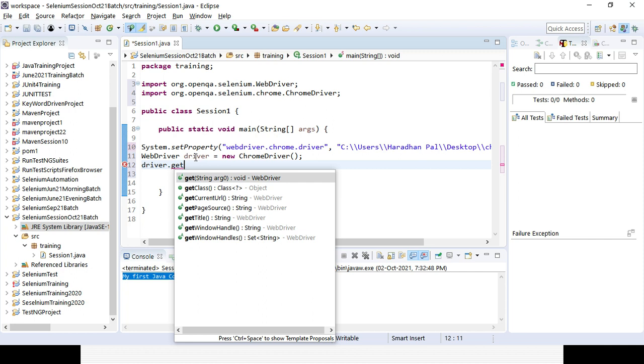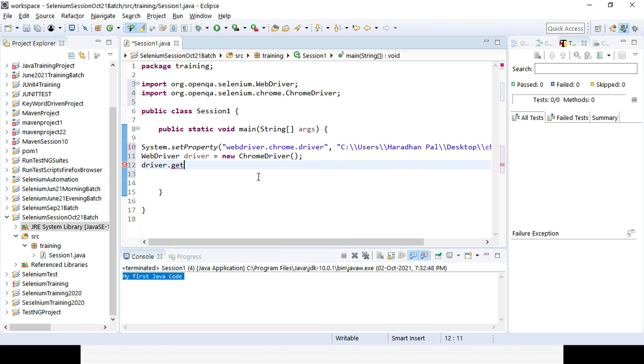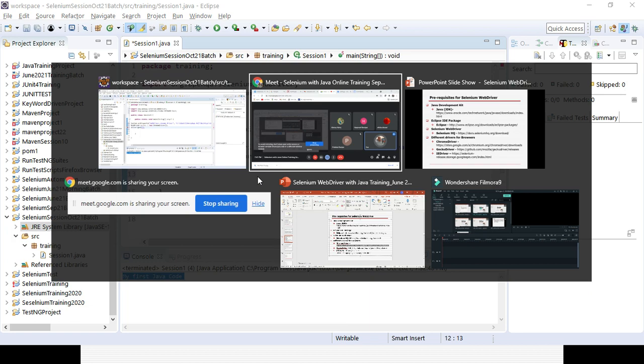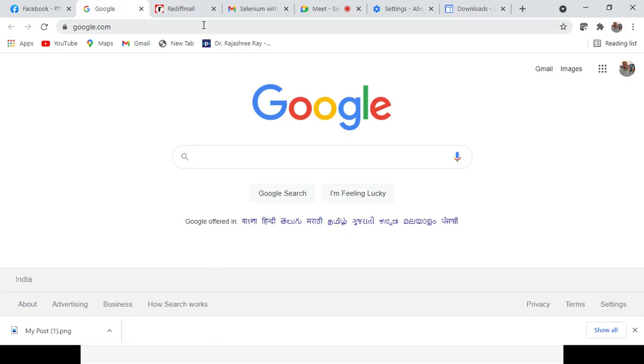You can see the type is String, so it will be a string. In case it is numeric, only an integer, you need to enter an integer, and there will be one argument. Okay, and the return type will be void. In case a return type is there, definitely it will return something, it will print in the console, right? But here there is no returning, only void. It will only perform the actions, and I can pass the URL here in double quotes. So any URL I want to use, I can give it. Suppose I want to open Google here, or I want to open Facebook, so I can give the URL directly.